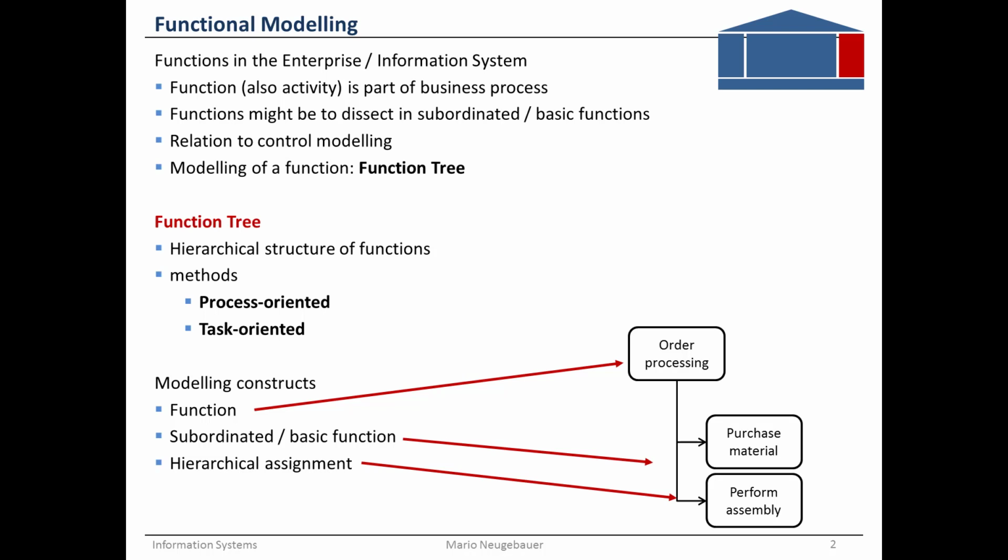If you look into these functions, then you might again organize the functions in a kind of hierarchical structure, so that you have, for example, like shown in the lower right part here, an order processing function, and this function divides into the purchase of the material and the performance of the assembly. So two different special functions for this